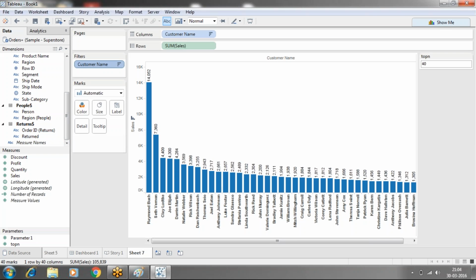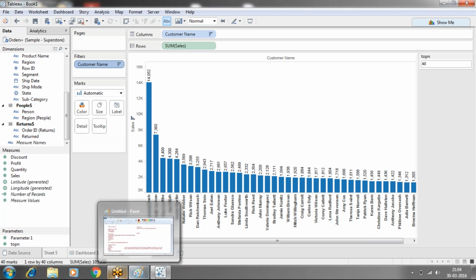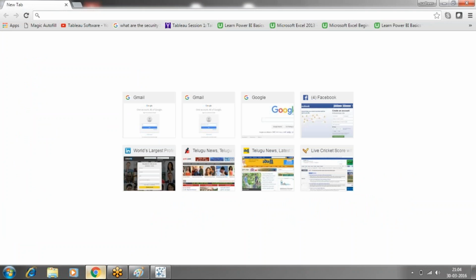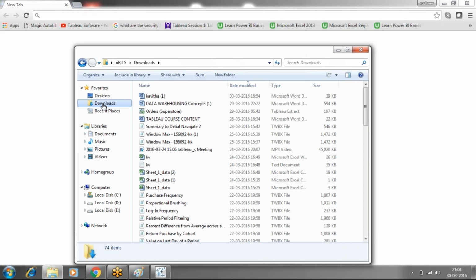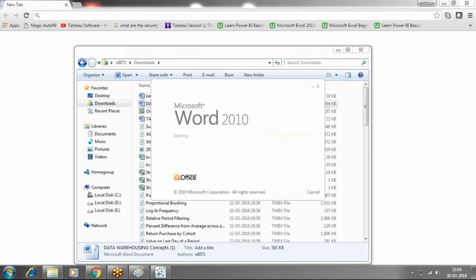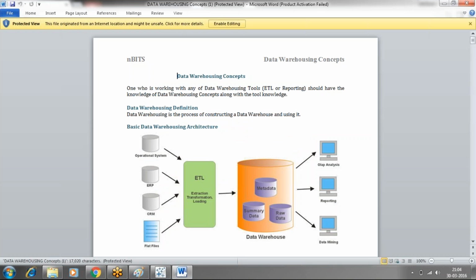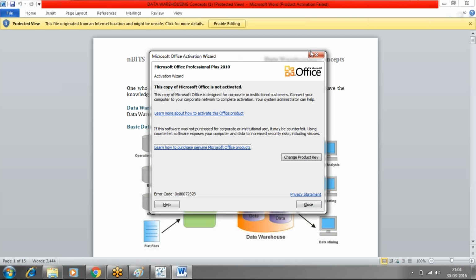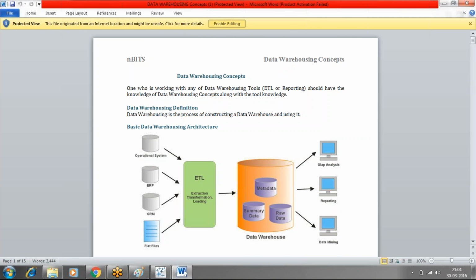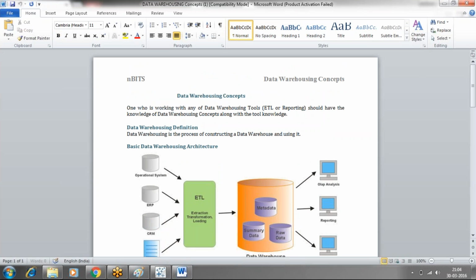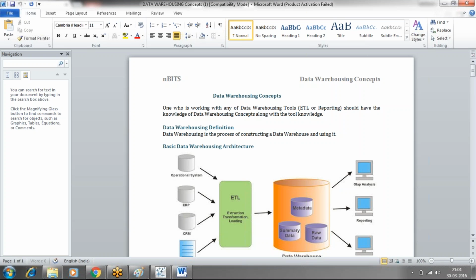I feel like I have sent you notes on data warehousing concepts. Yes, you have sent me the data warehousing concept, but I haven't gone through the entire thing. I was just reading this ETL topic. I don't know whether you have given the dimensions concept in the notes. Yes, you have each and everything in the dimension topic. Not only that, each and every dimension, what exactly it is going to do, and the examples for each. If you use Control F, as we discussed,